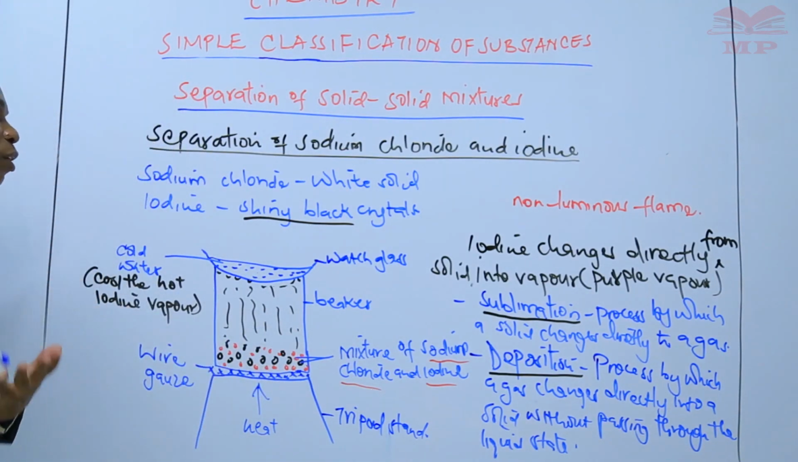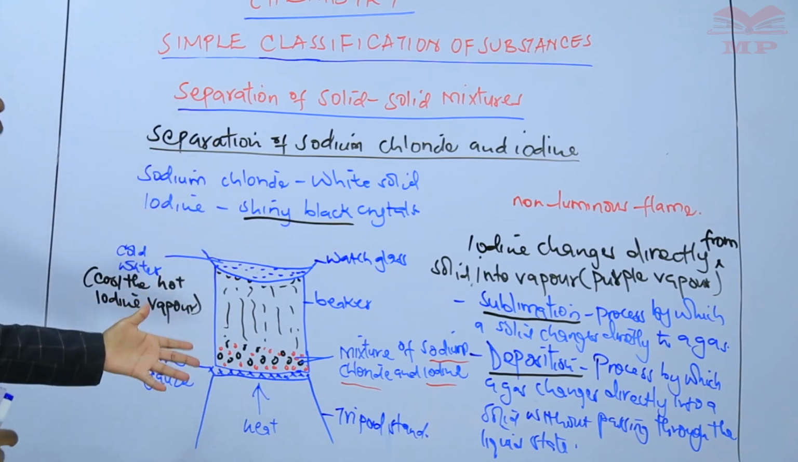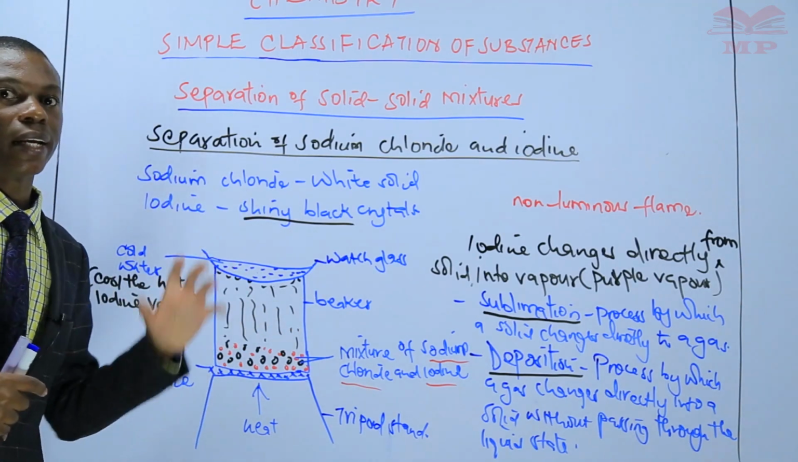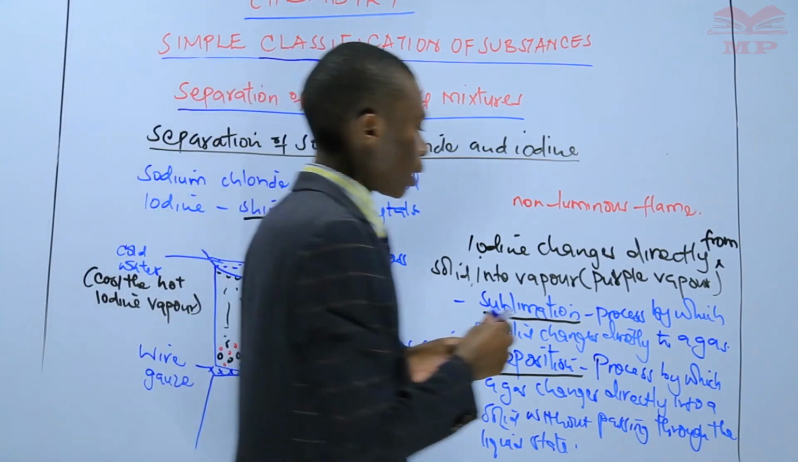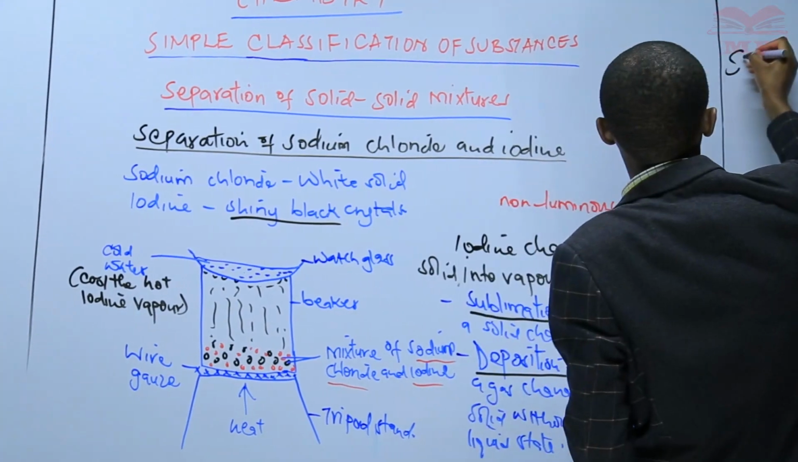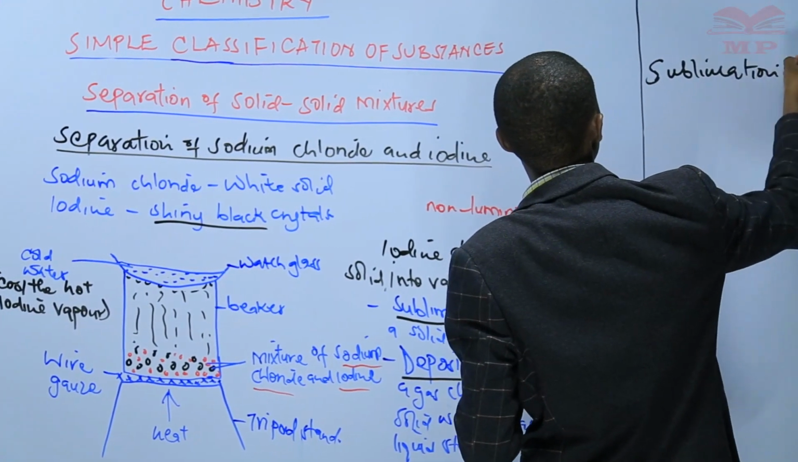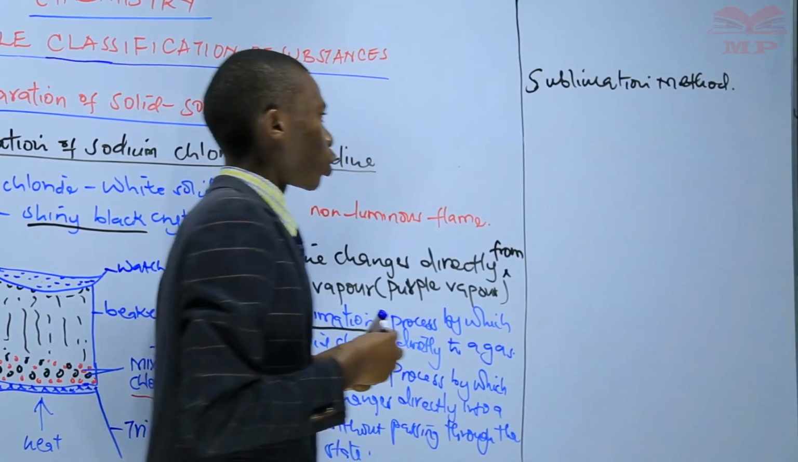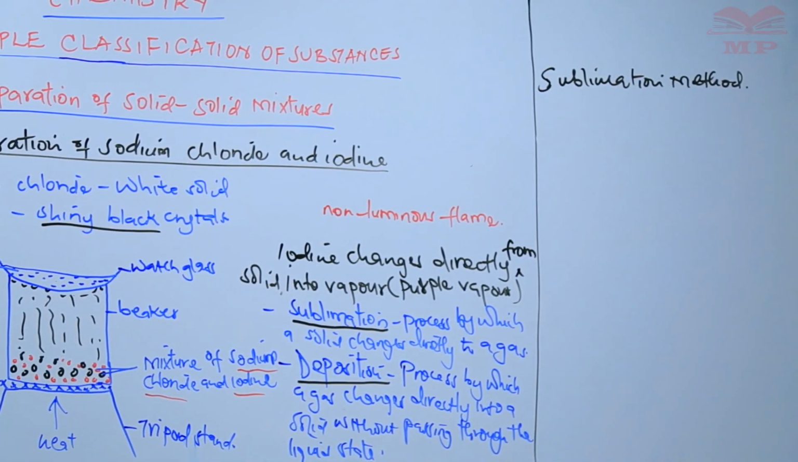Remember, we are still looking at the separation of sodium chloride and iodine. And therefore, the method which has helped us separate a mixture of sodium chloride and iodine is the sublimation method. So the sublimation method has made it possible for us to be able to separate